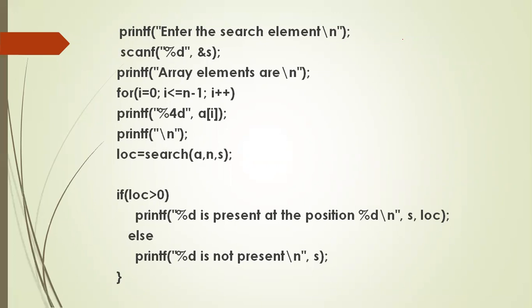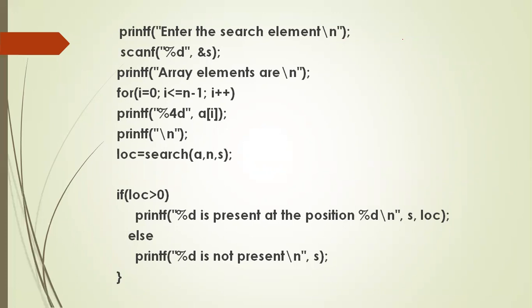A is the whole array, n is the number of elements, that is 5. Then the element is found, and the function returns the position where element 40 is present. That is received by the variable LOC. So if LOC gets the value 4 from the function search in main, the element is present in the 4th place. If LOC gets the value 2, the element is present in the 2nd place. If LOC gets the value 5, the element is present in the 5th place.